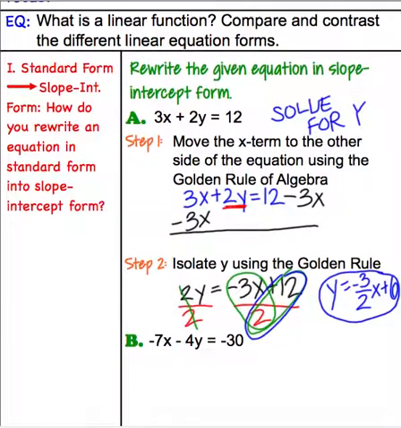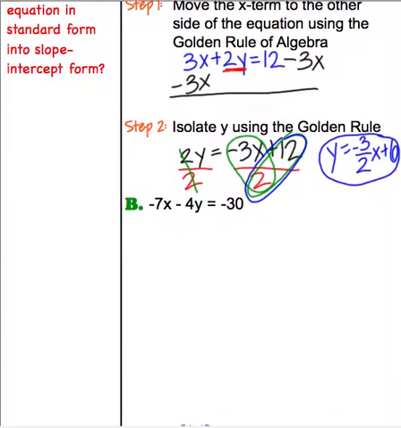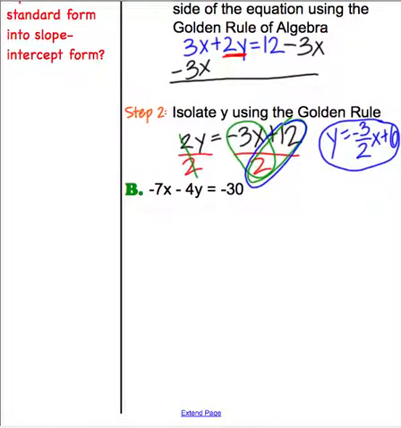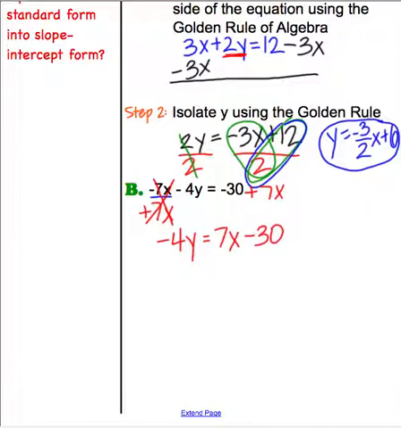So let's go ahead and take a look at the next example. I have here negative 7x minus 4y equals negative 30. Well, I want to get rid of this negative 7x from this side. So the opposite of negative 7x is plus 7x. So I'm going to add 7x to both sides, which cancels here, giving me negative 4y equal to negative 30 plus 7x, so I'm going to rewrite that in standard form to get 7x minus 30 because it's negative. And then I'm going to go ahead and divide by negative 4,